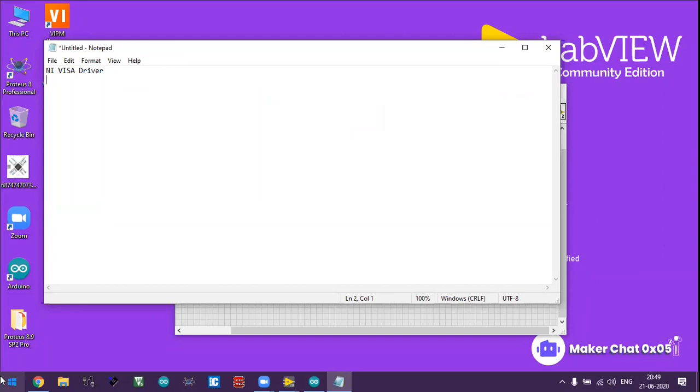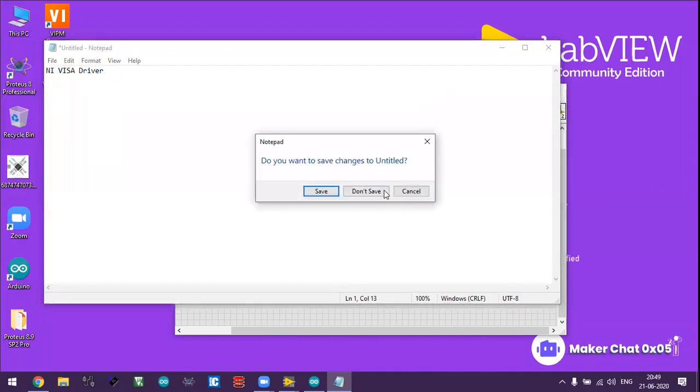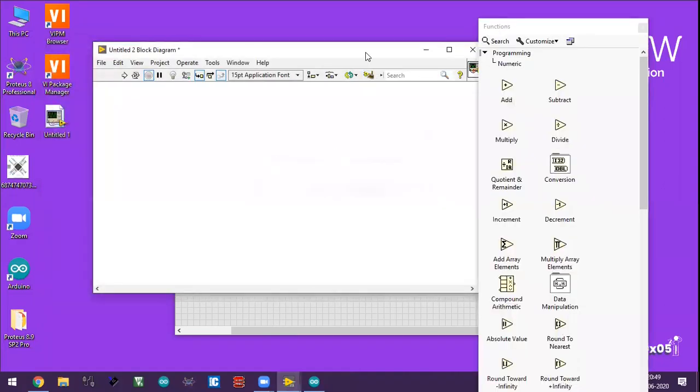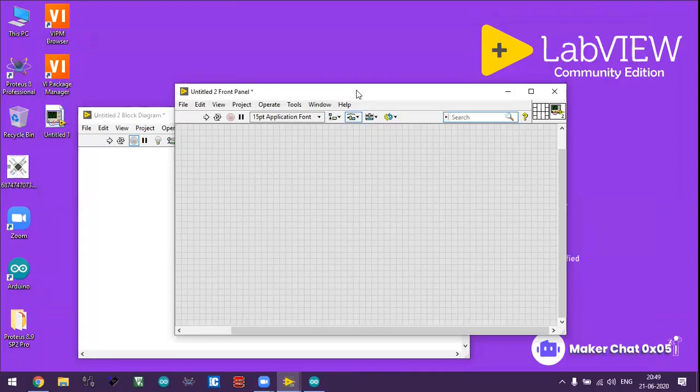In older NI versions like 2011, 2013, 2014, up to 2017, we need a separate NI VISA driver to communicate any of our boards with the LabVIEW software using USB or serial RS-232 communication. We have to download this VISA driver plugin, install it, and enable it from the LabVIEW software. But the scenario now is different.